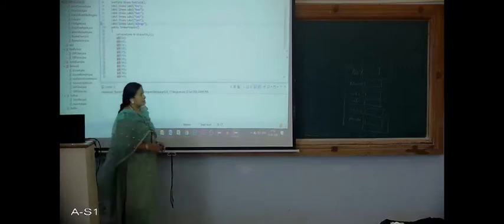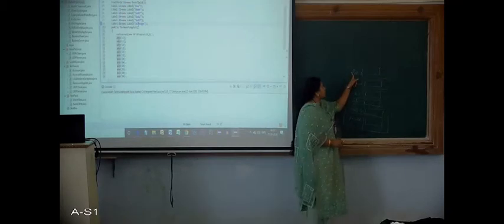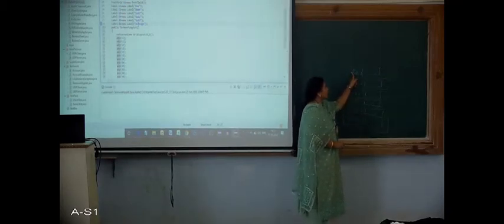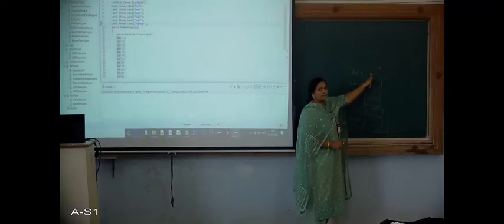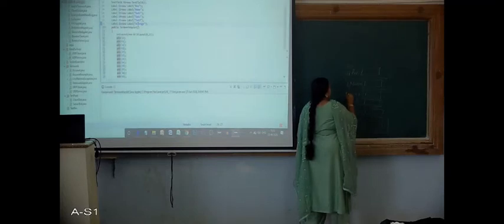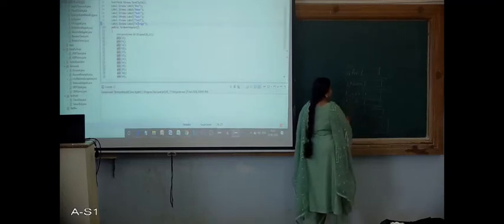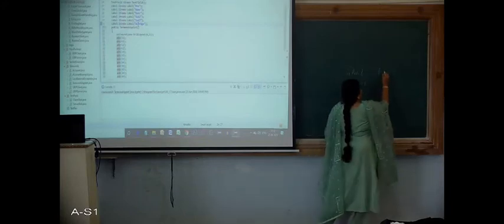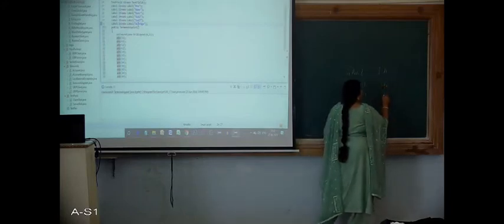And once we have created this grid, now we can add those components over here. So add L1. What does it mean? I want to add label 1 here. Next, what should we add? We should add the text field 1, that is T1, right? So this is my L1, L2, L3, L4, L5 and this is L6. And these are the text fields T1, T2, T3, T4, T5, T6.